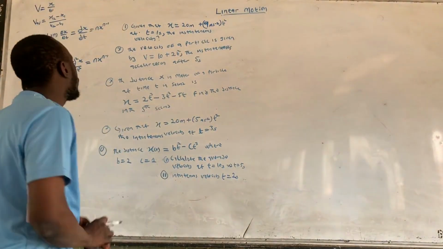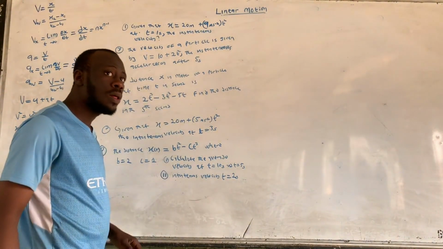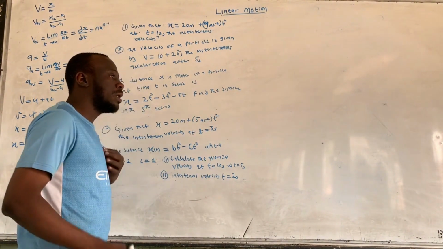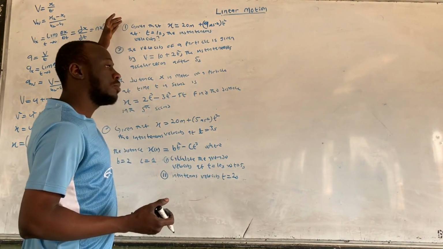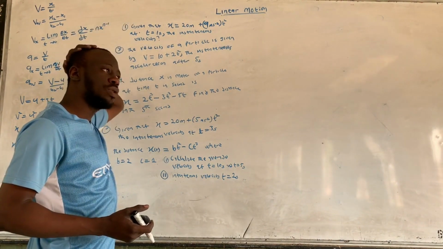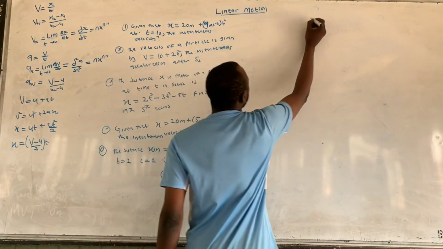So now we are going to use the method of differentiation to calculate for instantaneous acceleration and instantaneous velocity. So now, our first question, number 1,